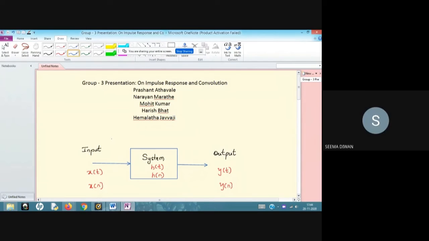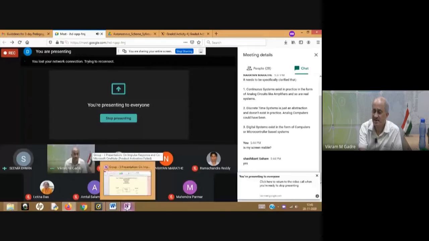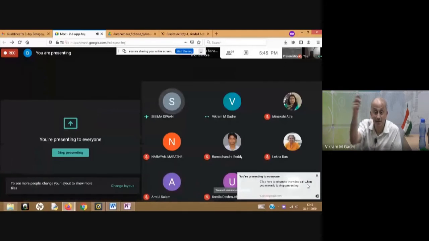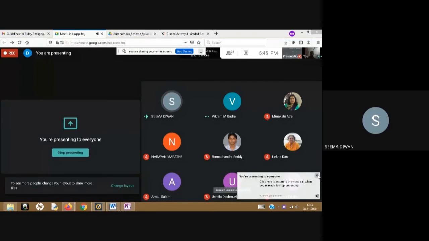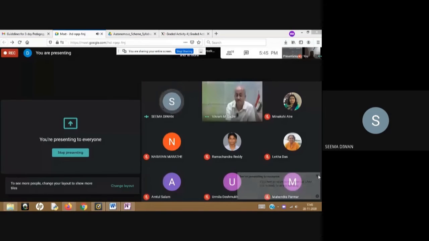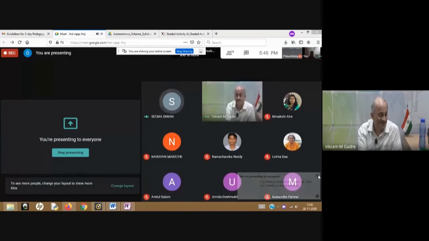Yes, that's right. But for the first example, since the human being is a non-linear system, that example was specifically for the discrete input and processing of that input. So that is also fine. In that sense, it could be shown as a good example of a non-linear system acting upon a discrete input. Thank you. Very nice. Very good.